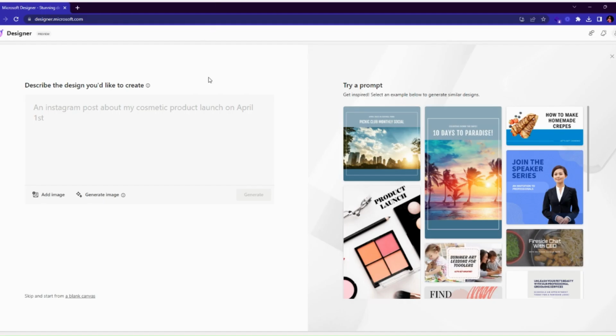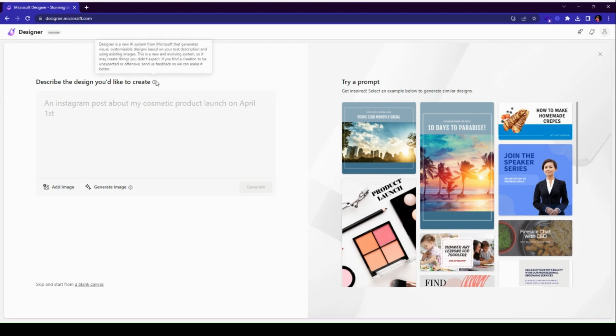So you have to create a Microsoft account if you don't already have one. If you do have one, then you can sign in and you will be directed to this page. Here you can see we can describe the design we would like to create. And like I said, it uses an AI system that generates visuals, customizable designs based on your text description